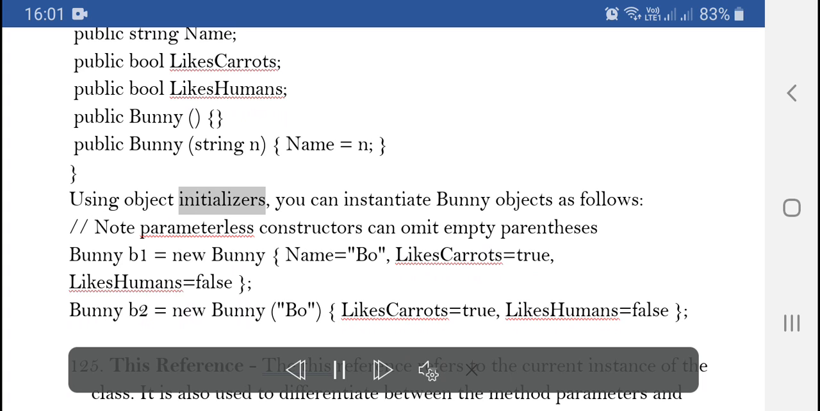Using object initializers, you can instantiate Bunny objects as follows. // Note parameterless constructors can omit empty parentheses. Bunny b1 = new Bunny